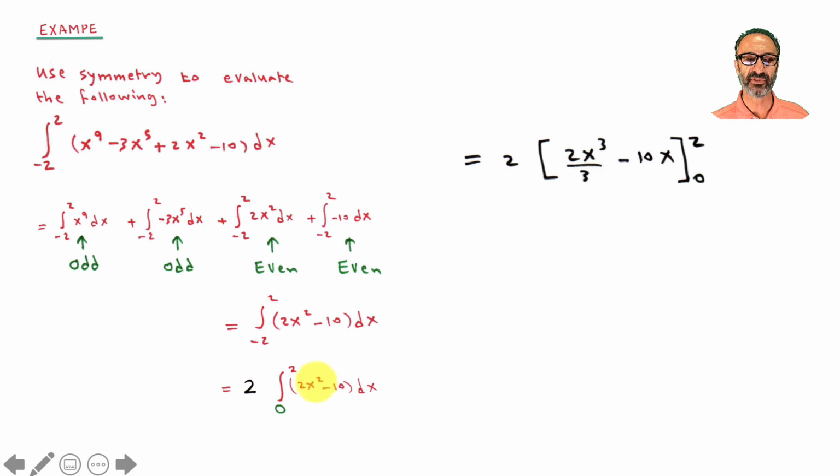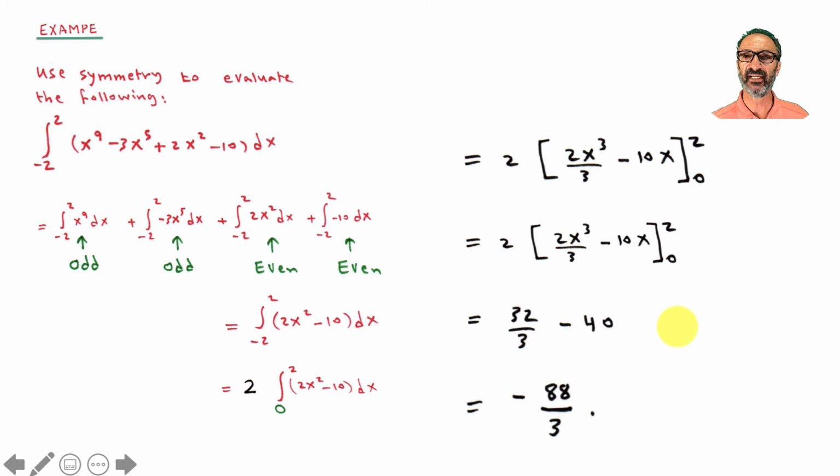2x to the second becomes 2x cubed divided by 3, minus 10 becomes minus 10x, plug in 2, plug in 0, becomes what's called in math capital F of B minus capital F of A, twice that, and the answer is, looks like I'm repeating myself here, sorry for that. The answer is 32 over 3 minus 40 simplifies to negative 88 over 3. Alright,